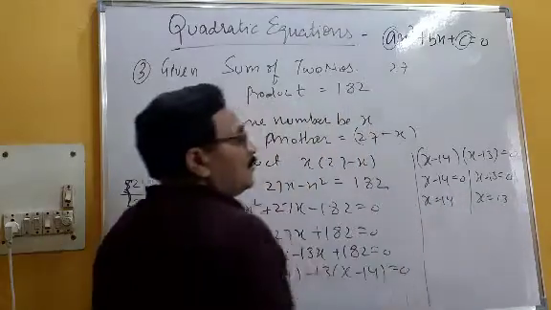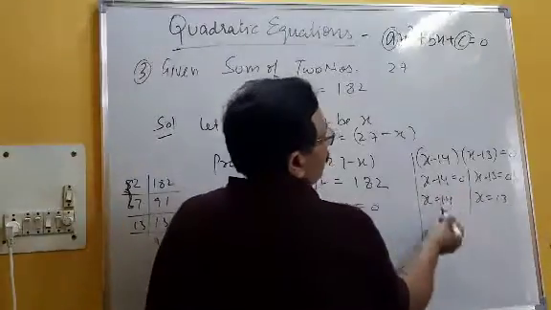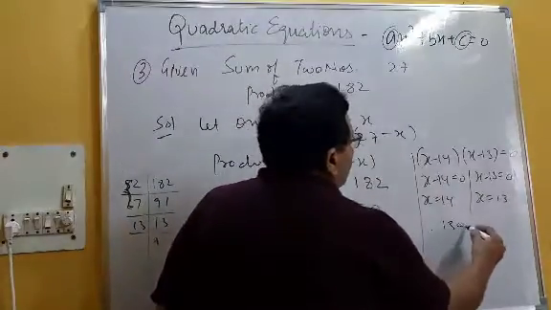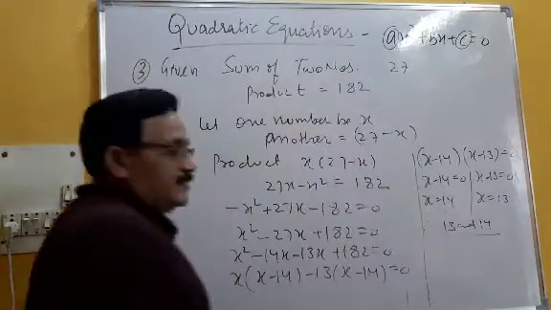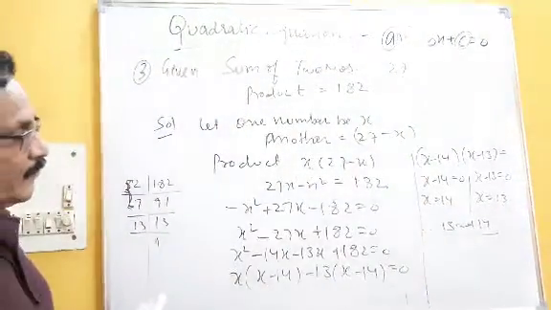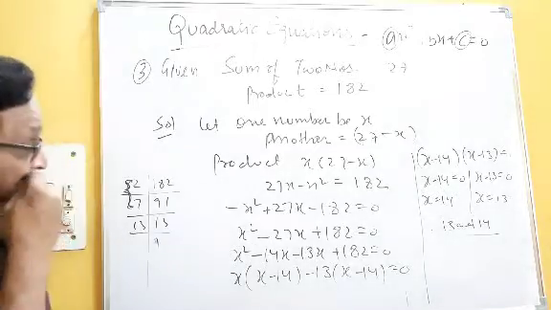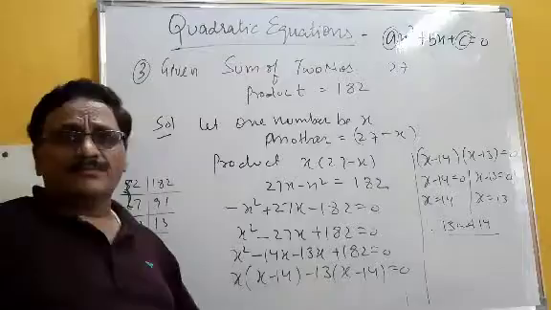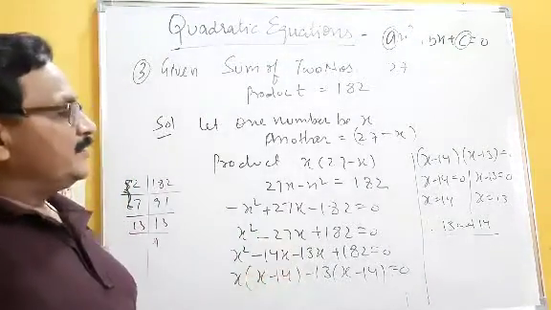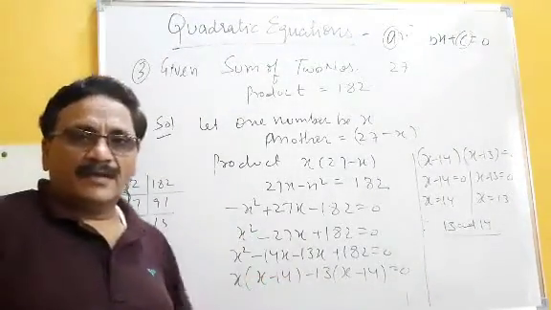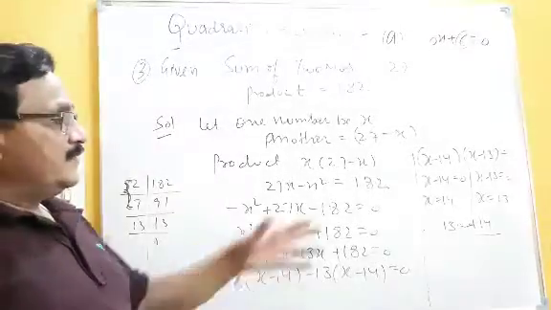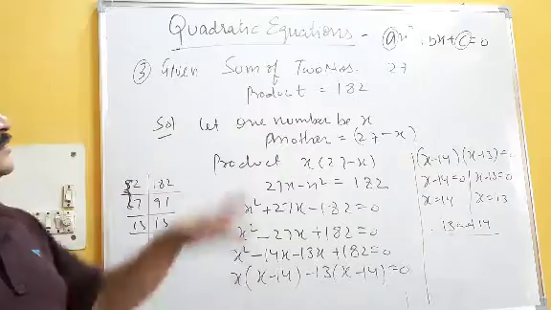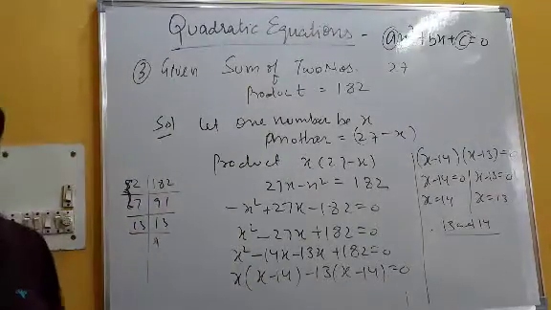equal to 13. So now if the first number is 14, another will be 13, so therefore the numbers will be 13 and 14. This is the answer. How 13 and 14? If first number is x, that is coming 14. Subtract from 27, 14 from 27 you get 13. Same. So these are two numbers 13 and 14. When you add them, you will get sum 27. When you multiply, then you will get 182.